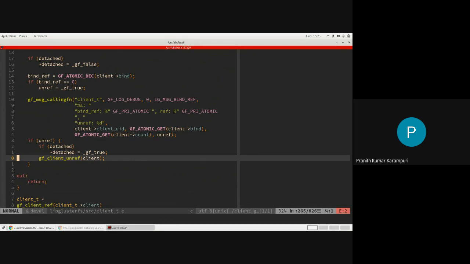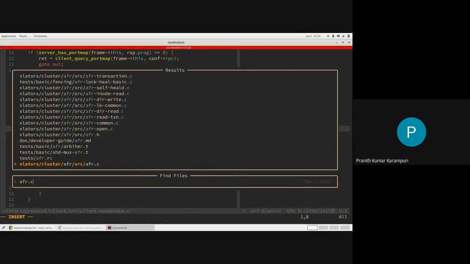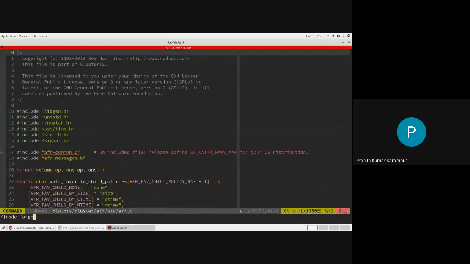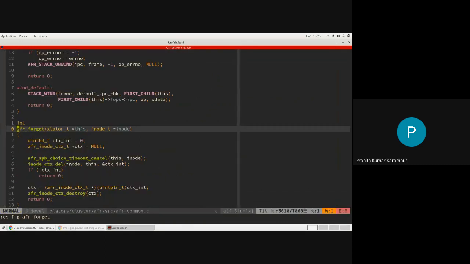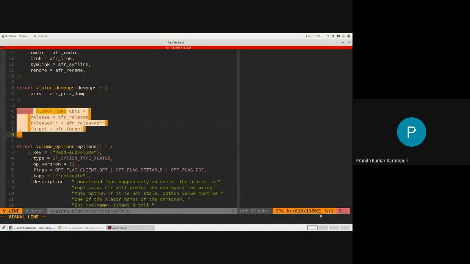But the other important thing about client_t is that, just like we have, for example, in inode.h, the inode forget callbacks, which will be called for releasing resources.